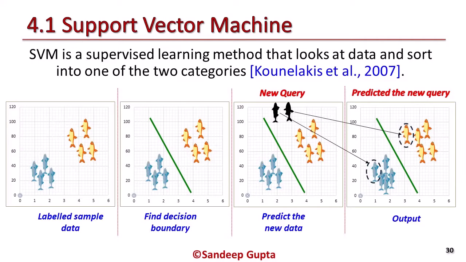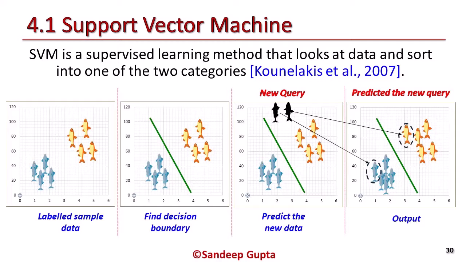Support vector machine is a supervised learning method that looks at data and sorts it into one of two categories. Support vector machine, in short SVM, is useful for binary classification for data having exactly two classes. It classifies data by finding the best hyperplane that separates all data points of one class from those of the other class. The best hyperplane for an SVM can be defined as the most suitable virtual partition between the two